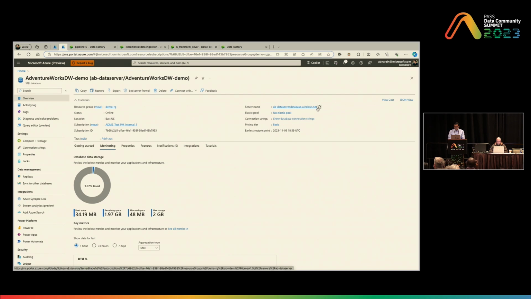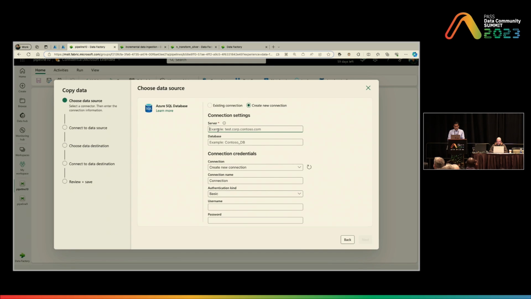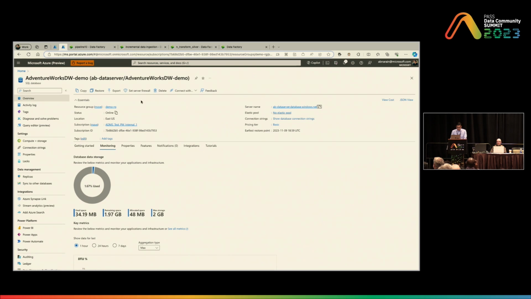So I'm going to pull up one of my SQL servers, and this is something which I never got in ADF and Synapse. That's a functionality of Fabric. So I'm going to copy this, connect to this SQL server, and you might ask at this point in time, why isn't there a drop-down? Why can't I choose this, because I already have an Azure subscription? Those are the things we'll probably talk about in the roadmap. But for now, I'll use this, and I'm going to copy the database as well,